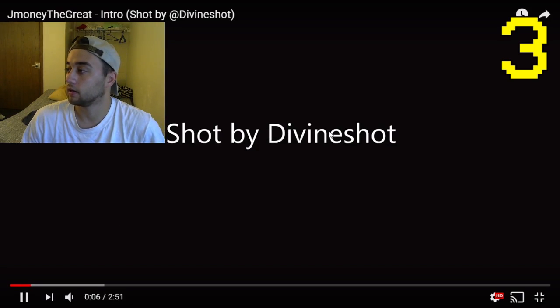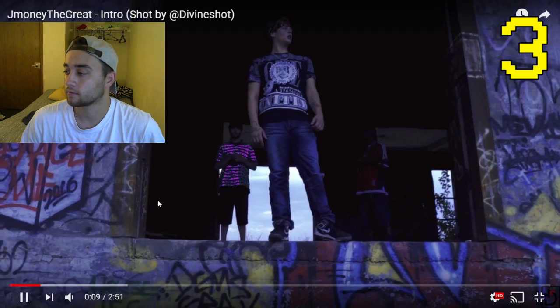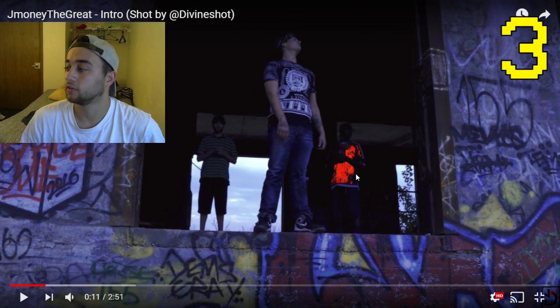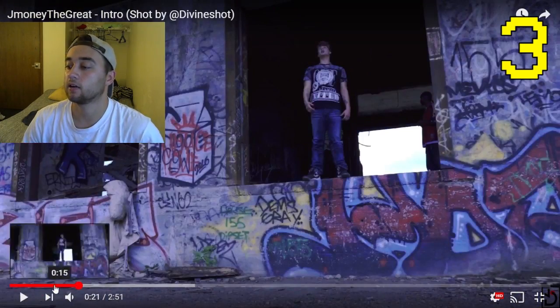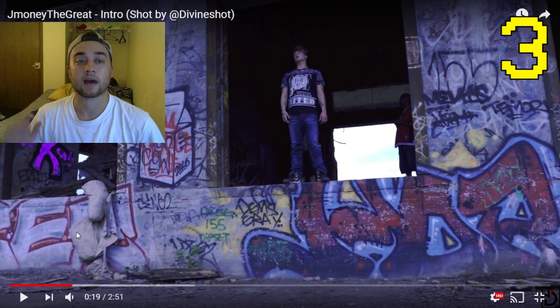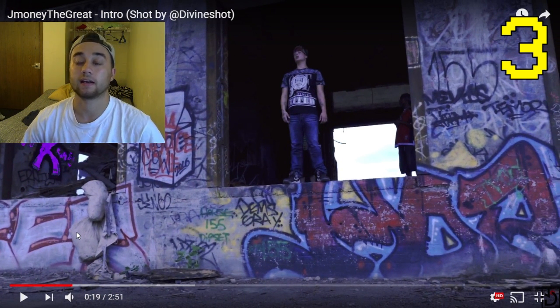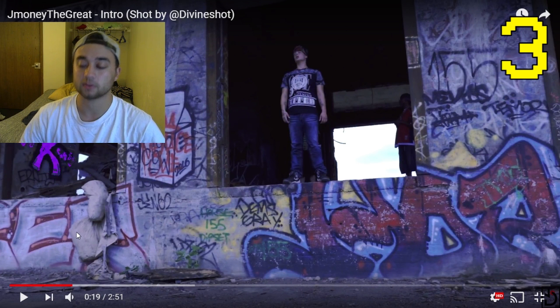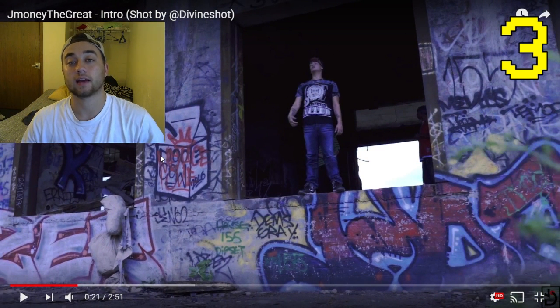we're seeing a little bit of this keying. Looks kind of cool, kind of like sparkly. I would say not to use that as much though, just so it doesn't get too overused. This part right here, instead of having him just standing around for a lot of this, I would have just shot a lot of cinematic B-roll and slow motion to fill in those filler spots. That's a pretty good way to get around slow parts in the song where you don't have any performance stuff. Just take B-roll, slow motion stuff, anything you can really get, anything creative works pretty well. And like I said, don't overuse that keying too much.